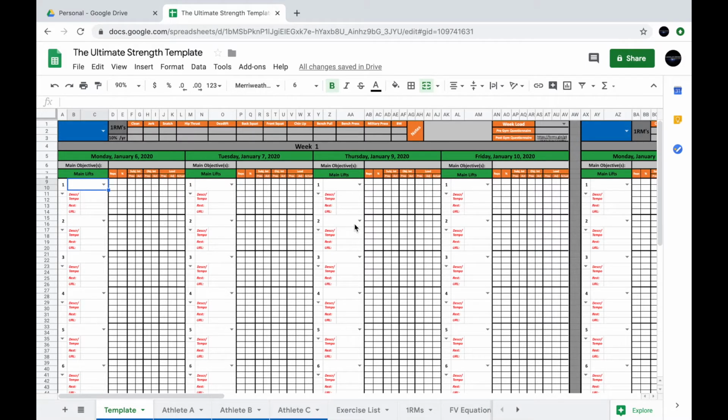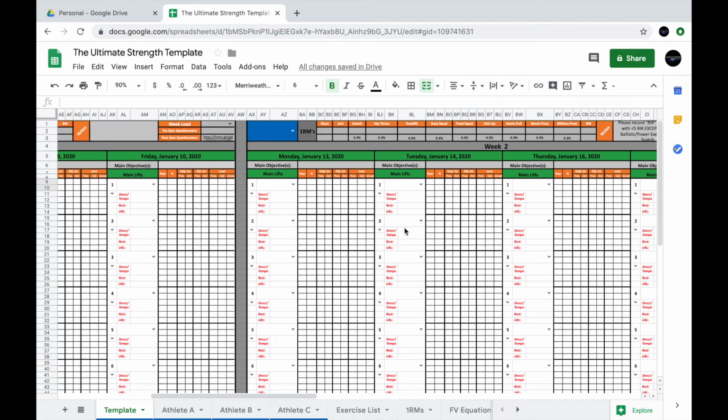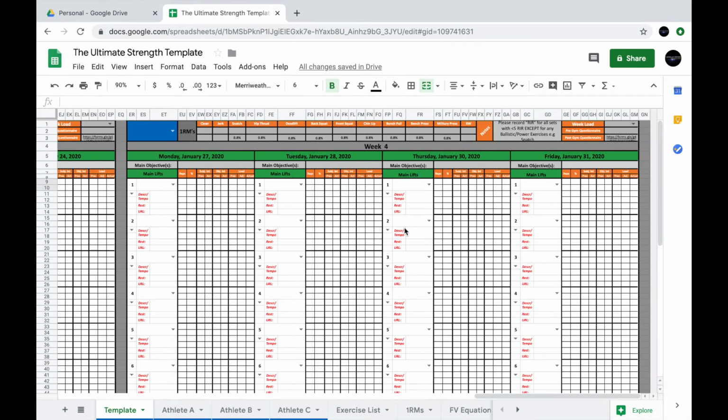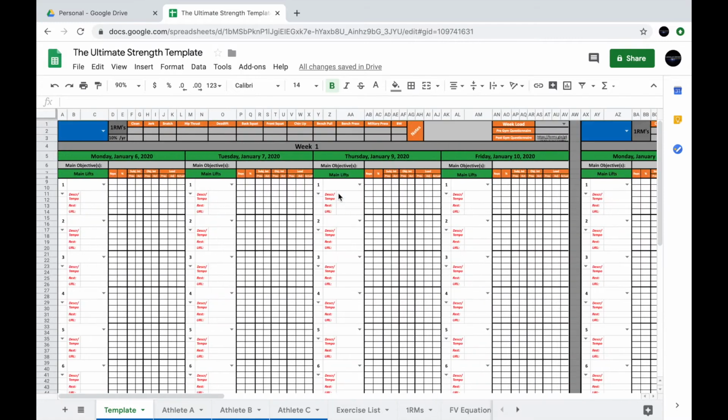I've gone week by week. So you've got day 1, day 2, day 3, day 4, and then week 1, week 2, week 3, and week 4. If you need to, you can tack on extra weeks just by adding an extra column and then copying across the other week. Keeping in mind that if you do that, you'll then need to do that for your other tabs as well,